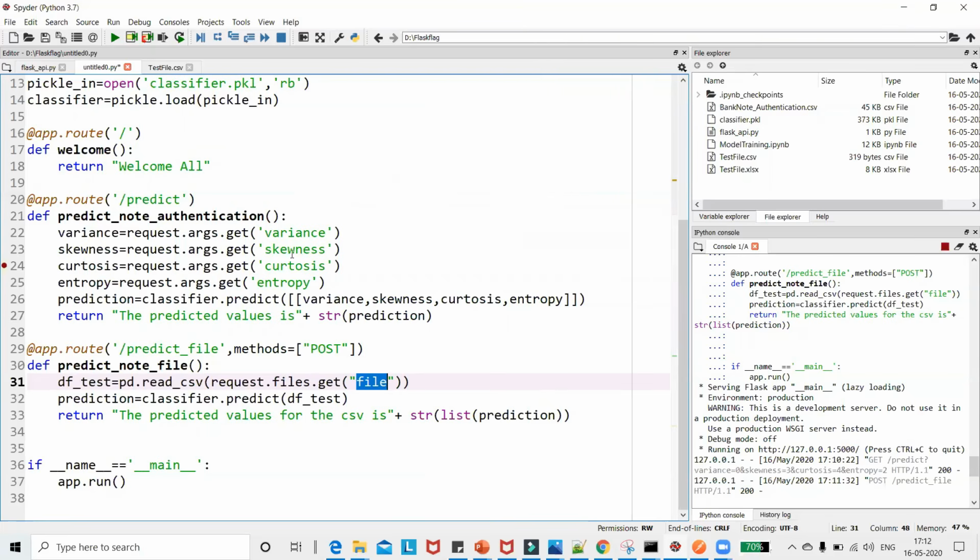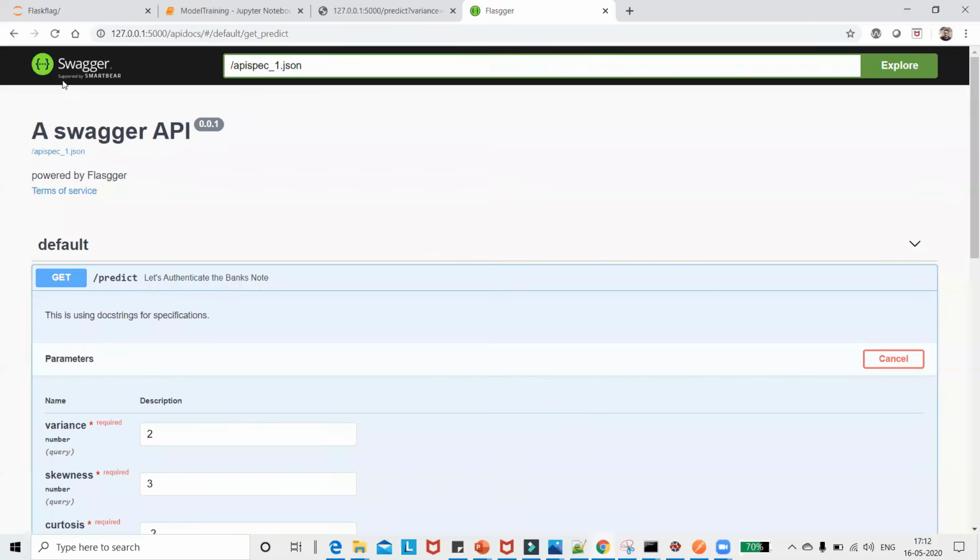For that, we will be using a very good library, which will be shown in the next video. It is a very important library that many people use. We call it Flasgger. I'll show you how the Flasgger library looks. We basically call it a Swagger API.